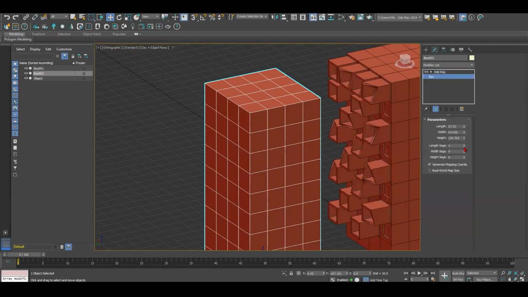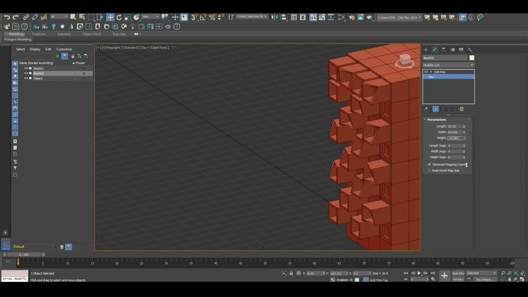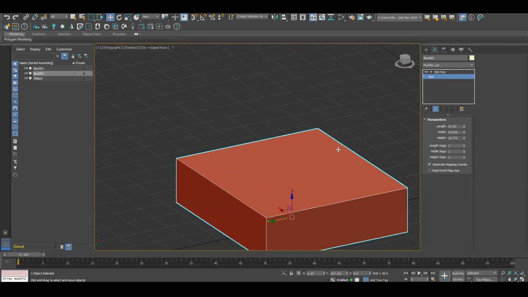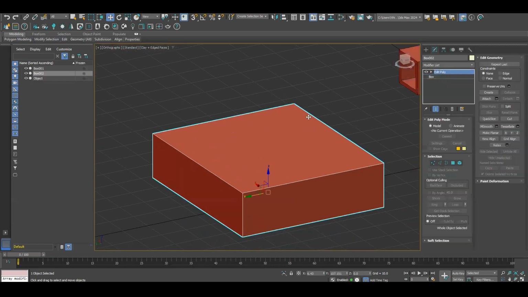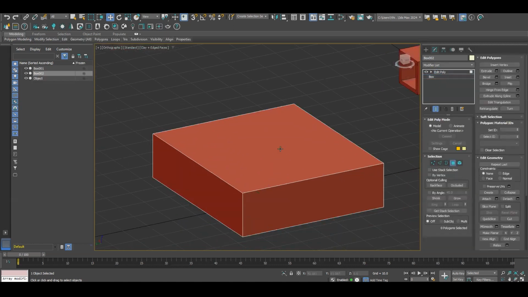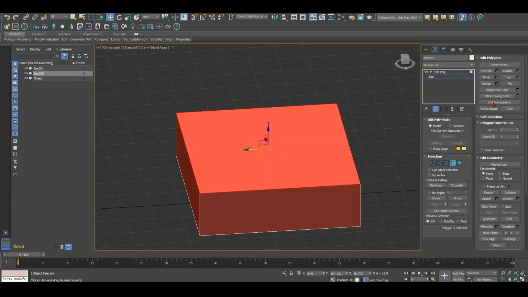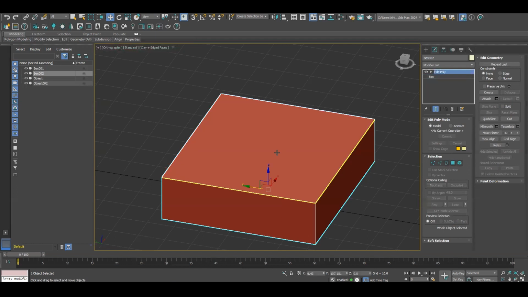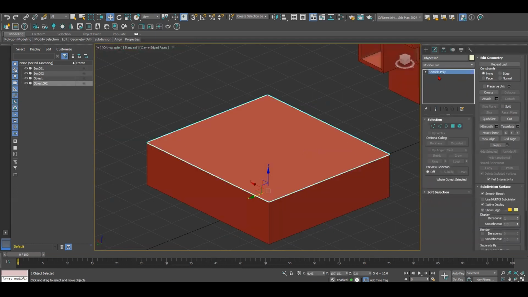But if you're gonna do the roof itself, let me show you. If you're gonna do the roof, I don't recommend adding polygons when you're gonna edit on the roof. Just box with no polygons, edit body, and separate the roof from the four sides by selecting polygons and detach. And you go to this, now it's editable.